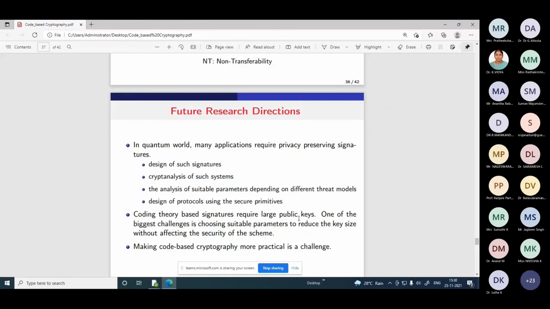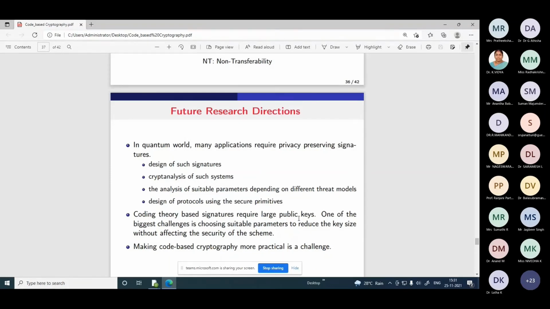The research problem is that you can reduce the size of the key by using different codes. Already they have taken variations of McEliece by choosing different codes, but most of the variants are subjected to attacks. So one thing is you can find a good code and build a cryptosystem on it, depending upon the application. Not only for encryption, decryption, signature, you can have a key encapsulation process, right? That is privacy-preserving signature, proxy signature, blind signature, so many applications. Depending upon each application, you can design the algorithm.